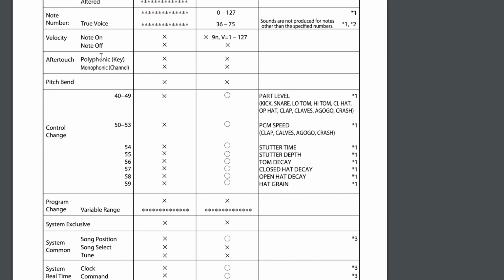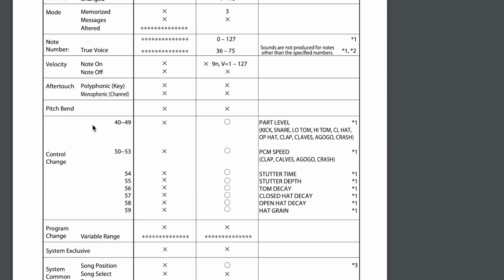And if it responds to pitch bend, which it does not. And so we get a sense of what we can control. Here's the control change messages. So we can send CC 40 to 49 to do part level. So there is a way to get some sort of volume control, as well as PCM speed. So that has sort of a pitch